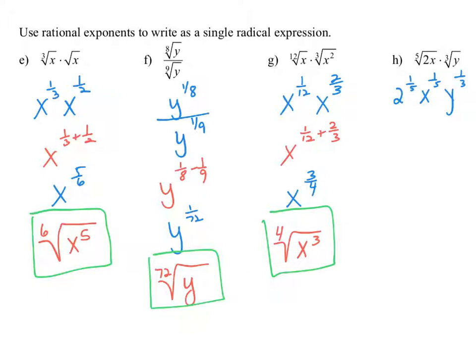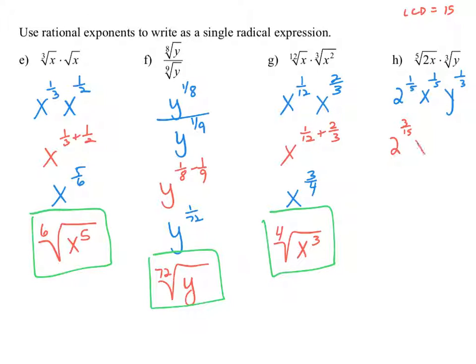The LCD for the rational exponents is the least common denominator for 1/5, 1/5, and 1/3, which is 15. So we can write each of these as an exponent with a fraction with a denominator of 15. So 2 to the 1/5 is the same thing as 2 to the